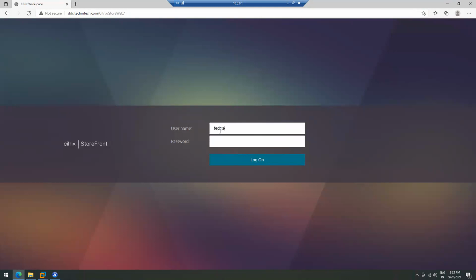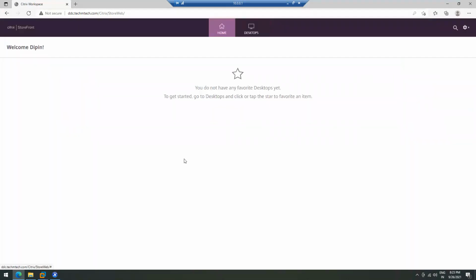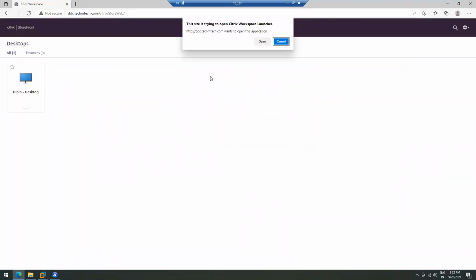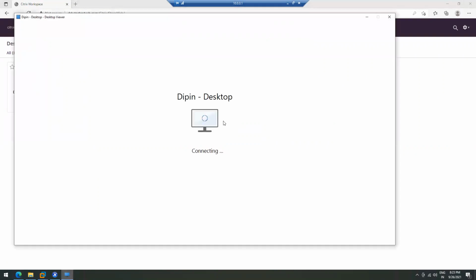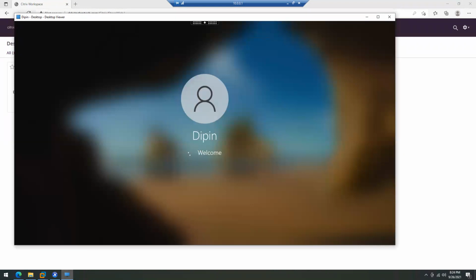First one is domain, then Dipin, then password. Let me log in here. As you can see, Dipin desktop is visible now, for Dipin only. Let me open it. As we are opening it for the first time, it will take a while to create your user profile.